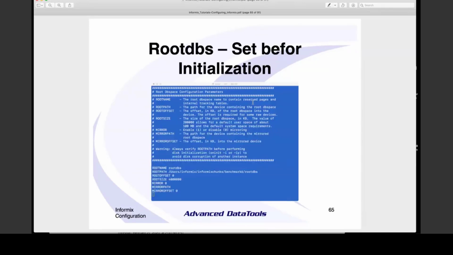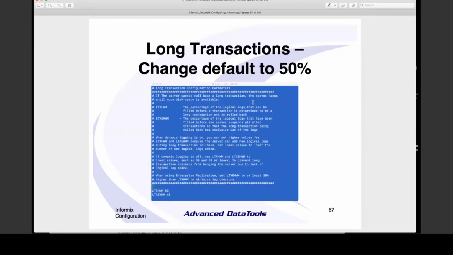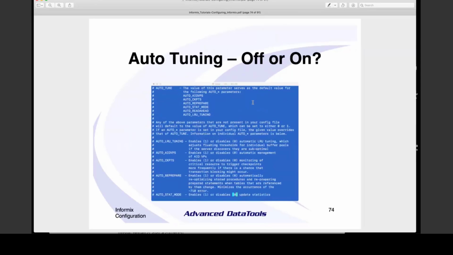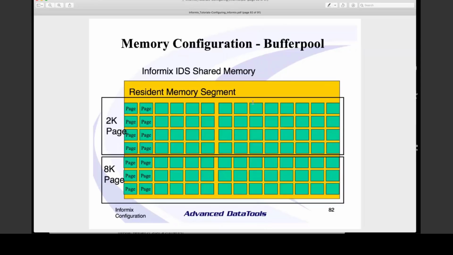And the rest of this is sort of a review of the Onconfig file. I'm going to skip it. Let me just see if there's anything I haven't mentioned. We're out of time here. And I want to give you my